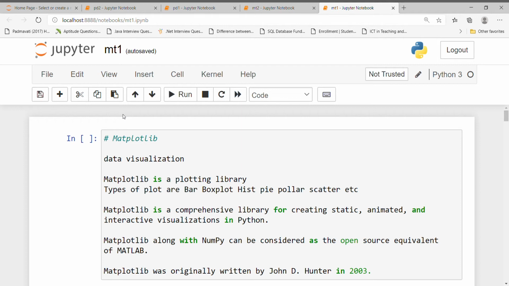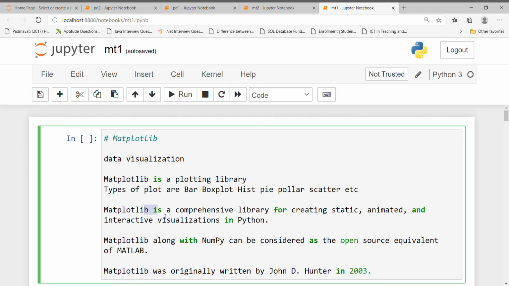The types of plots are bar plot, box plot, histogram, pie plot, polar plot, scatter plot, etc. These plots we are going to implement and visualize in Python by using this matplotlib library. Matplotlib is a comprehensive library for creating static, animated, and interactive visualizations in Python.